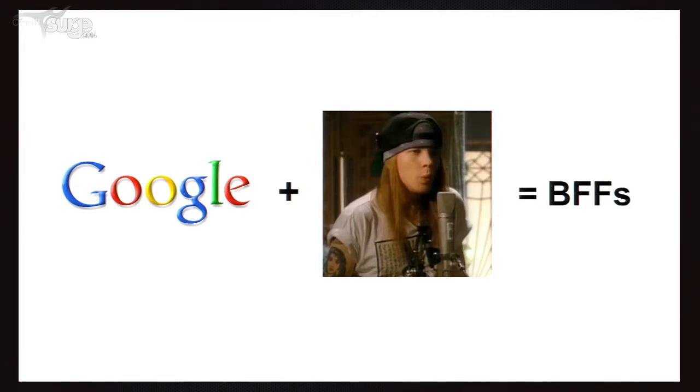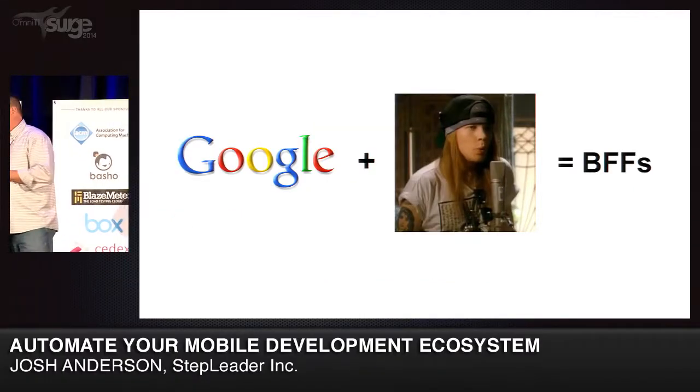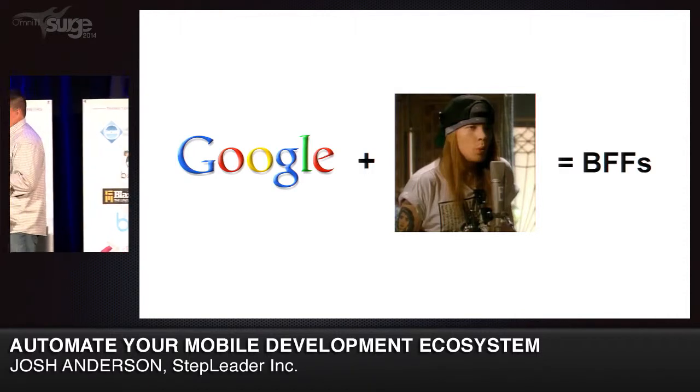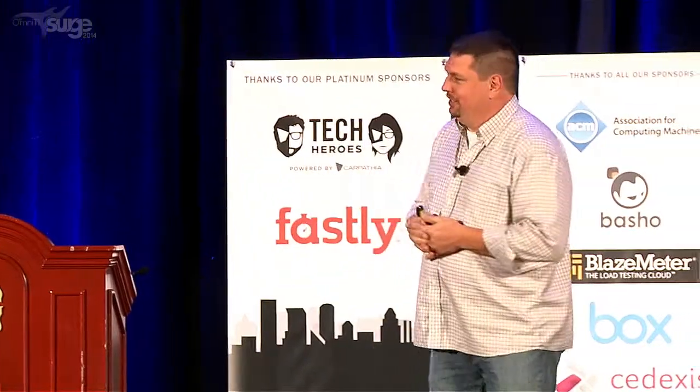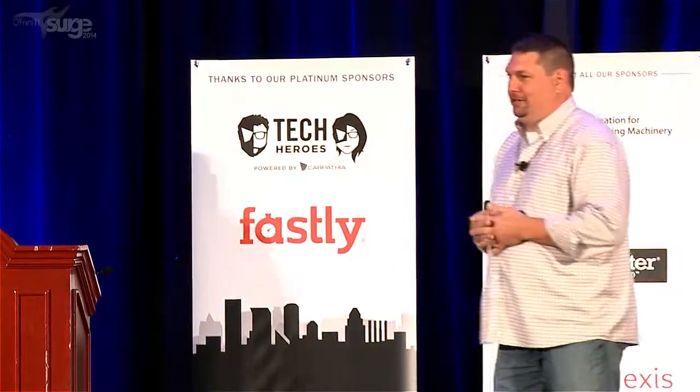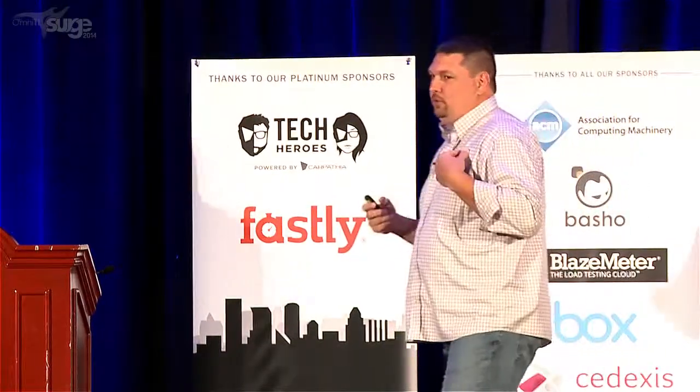So there is no silver bullet. My solution to getting Jenkins to work is Google and patience. So yes, I put Google and Axl Rose are BFFs. I bet you've never heard that at a conference. So that's my one-liner that I stick with. But that's the only way we found to solve the problems, was just patience and trying to keep hacking away on those versions and talking to the plugin developers to see what new versions were coming.